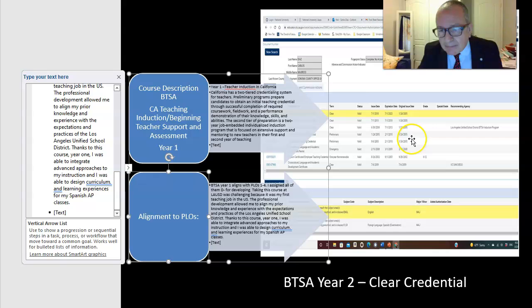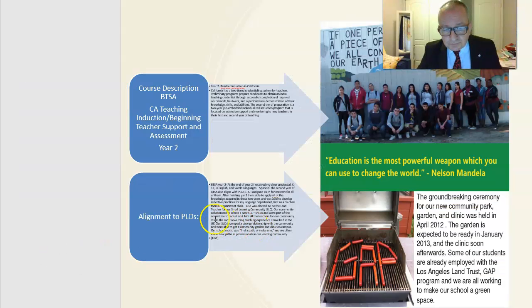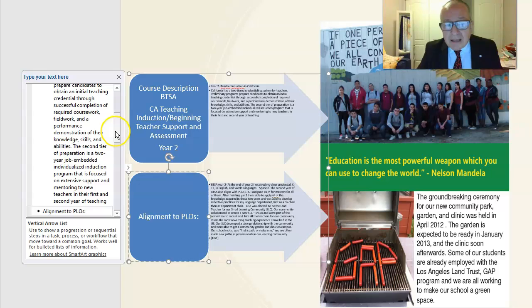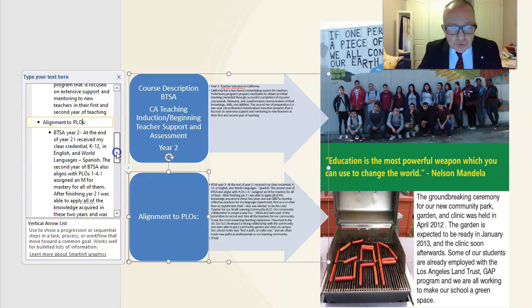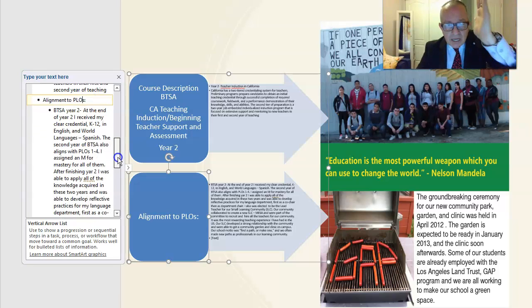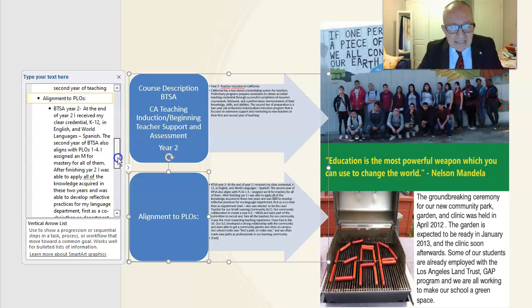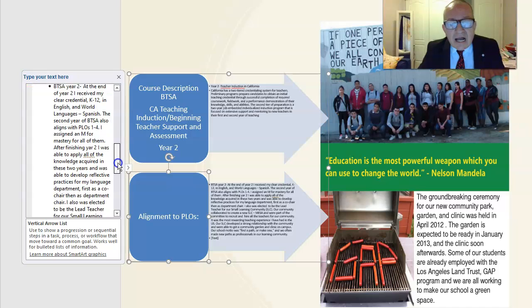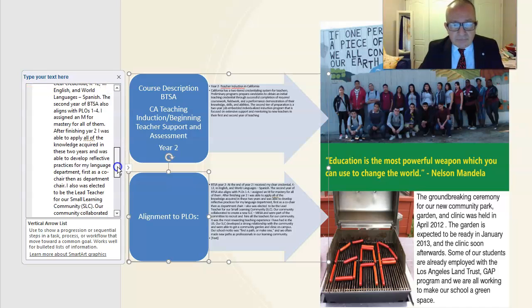And here we have the example of my artifact, the credentials. So at the end of year two, I obtained my clear credential in English K to 12 and Spanish K to 12. So BTSA year two, the same thing. It aligns with the PLOs 1, 2, 3, and 4, and I assign an M for mastery for all of them, all the PLOs. After finishing year two, I was able to apply all the knowledge acquired in these 2 years,